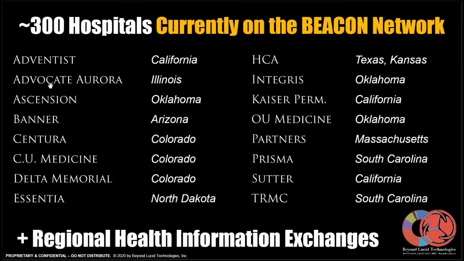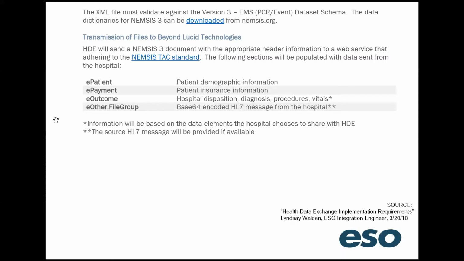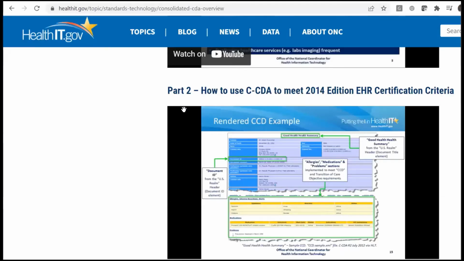So that we're clear, whereas the Health Data Exchange from ESO Solutions requires a custom implementation of data points based on the preferences of the receiving facility, as ESO puts it in its published documentation, this model results in a one-off interface every time it's deployed. Our approach is not customized by facility. Instead, we use the standards for interoperability laid out by the Federal Office of the National Coordinator in the Department of Health and Human Services, which oversees health information sharing at the national level,